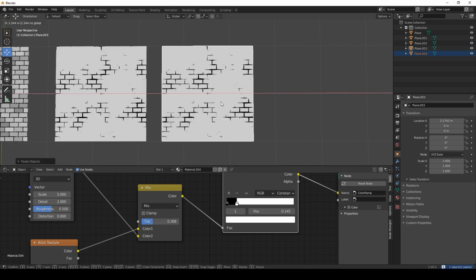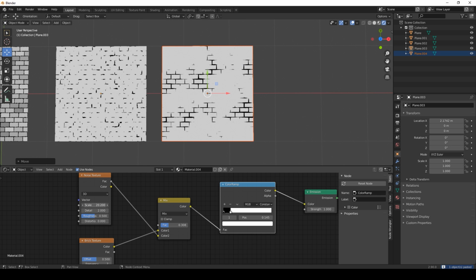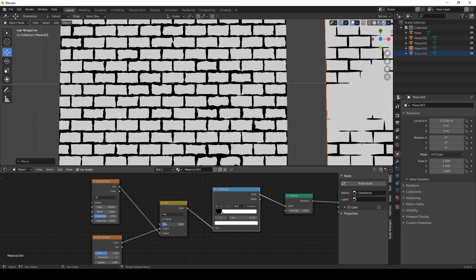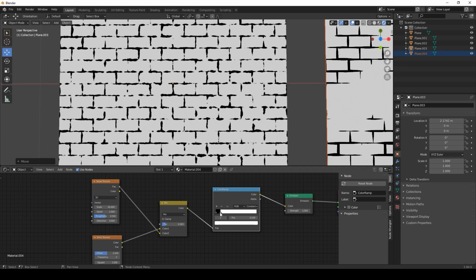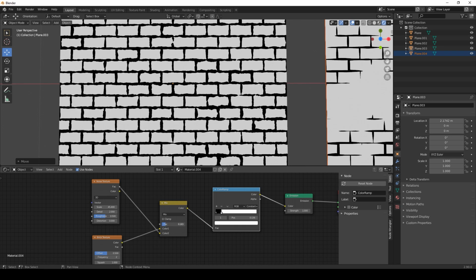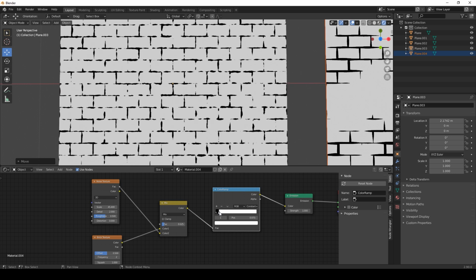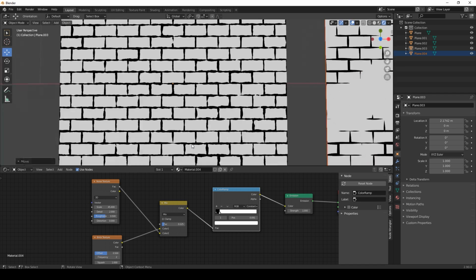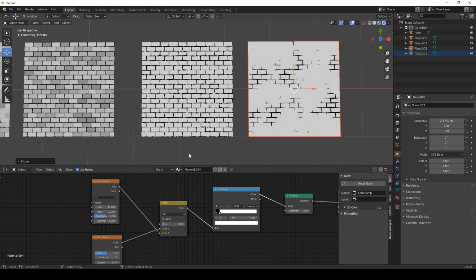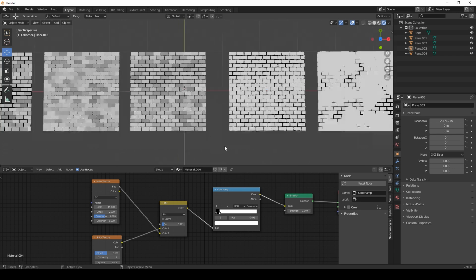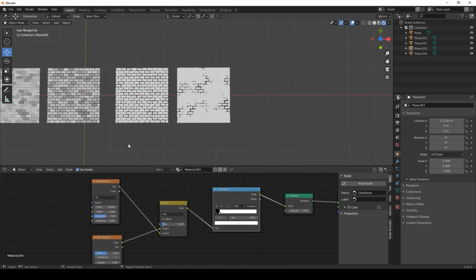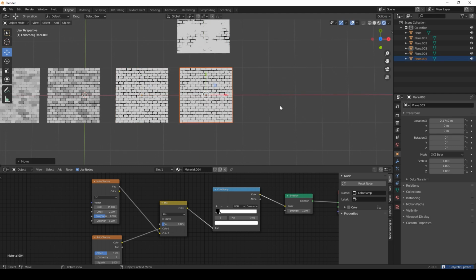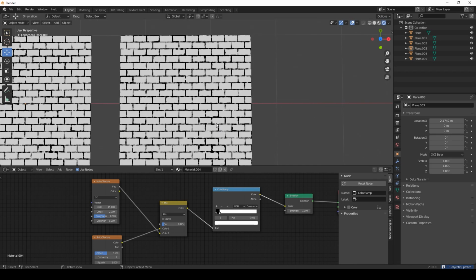Let's copy paste this, and so we can do the same thing, just lower the noise, and we get some more distortion for our bricks. And that way we can get some knife variations. And then there's one more thing I want to show you, is actually how to make some highlights and shadows